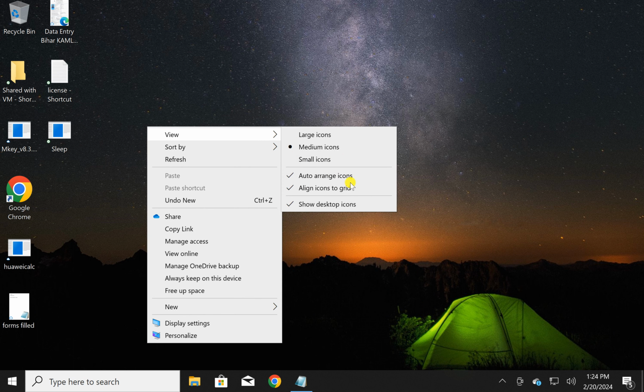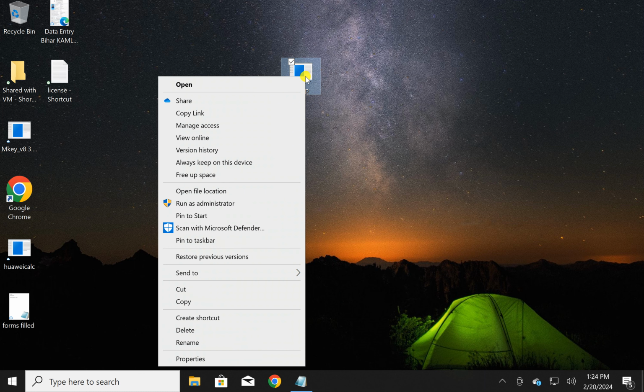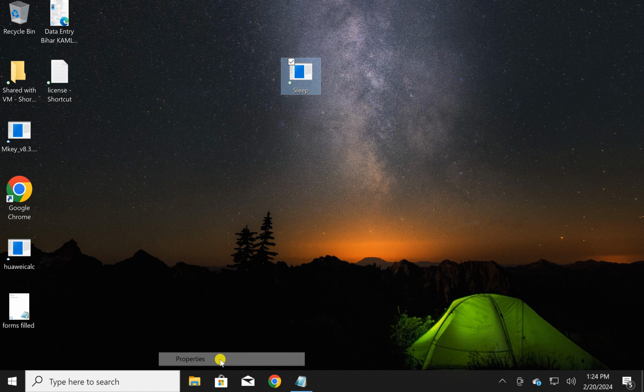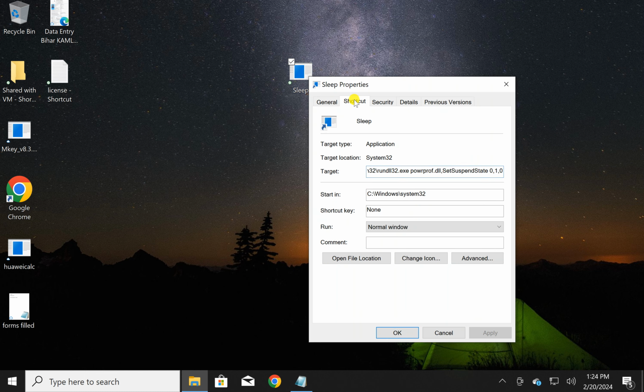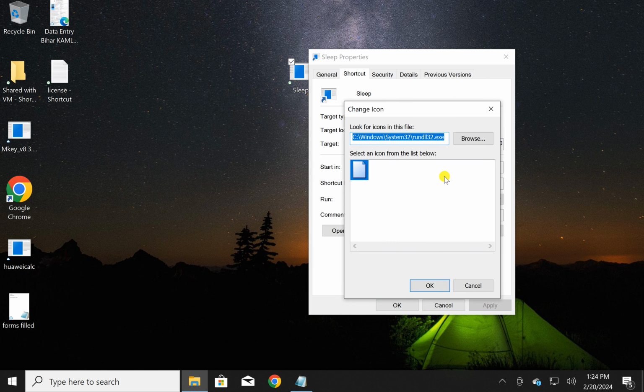In case you want to change its icon and you want to make your PC sleep using a shortcut key, just right click on this shortcut, select Properties in the drop down menu. In the Shortcut tab, click on this Change Icon button.